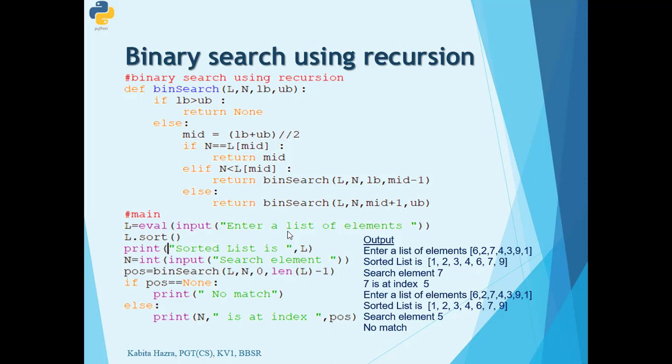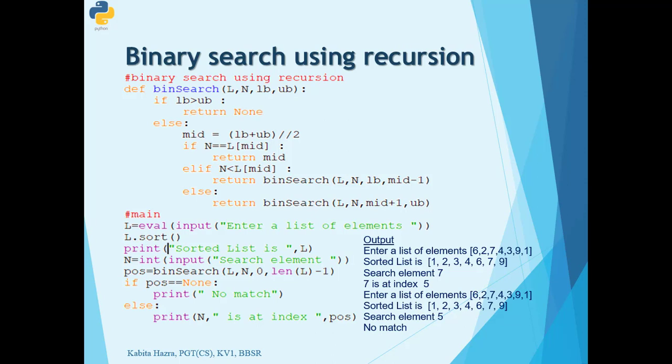And the base case will arise if there is no match, and this is the case when we have the lower bound greater than the upper bound. Generally, the lower bound starts with the first index, that is 0, and the upper bound is the last element, and in the process of division the upper bound is reduced and the lower bound is increased. If there is no match, then the lower bound will become 1 higher than the upper bound, and that is the base case for our recursive binary search to terminate.